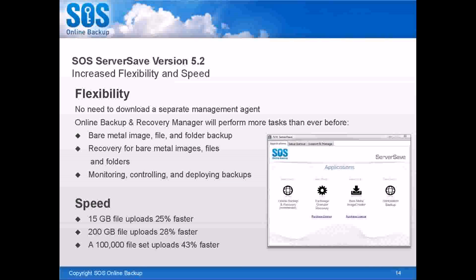But 5.2 is huge because we've increased the performance, both with backup and recovery, dramatically. It's not just a client-side release, it's also server-side software. It's also the hardware that we're based off of the whole service. So it's been a complete overhaul of what we've been doing, and a really exciting time for us to be able to start rolling out more and more updates